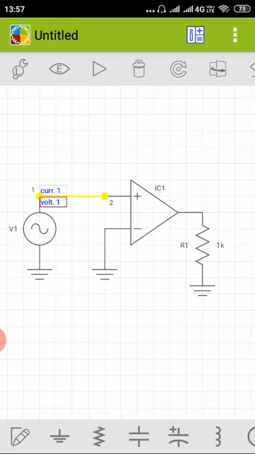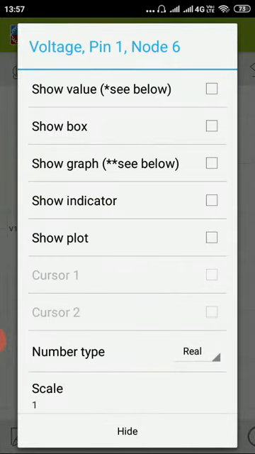We have to click on the voltage 1 option. Once you click on it, you will get a red border, which means voltage 1 is now selected. Then again you go to the settings option, click on show value and show plot, so you select both, and then hide it.